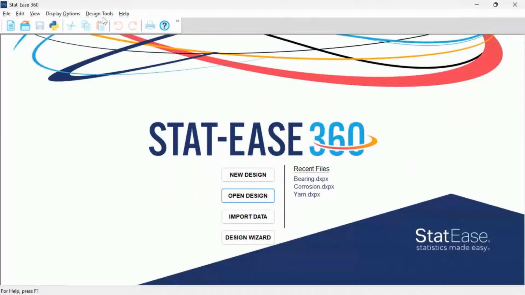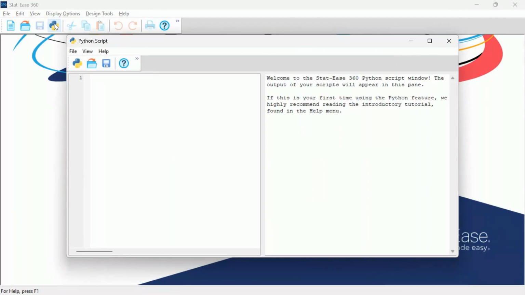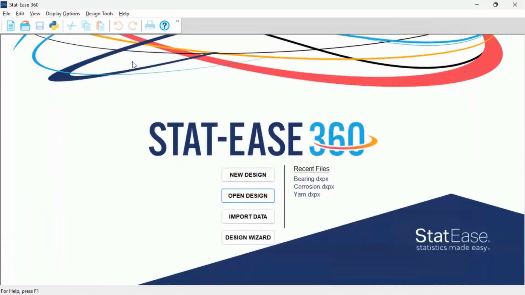Now, Stat-Ease 360 is something you are going to want to use for reliability because it does incorporate this Python script editor, and you have access to the world of Python, including an application that Joe wrote to do Weibull distribution and Weibull regression. Normally, I would tell my clients working in R&D that they might get by with Design-Expert, which is encompassed by Stat-Ease 360, and they may not need to have this Python script editor, but here for the reliability, this is going to be important.